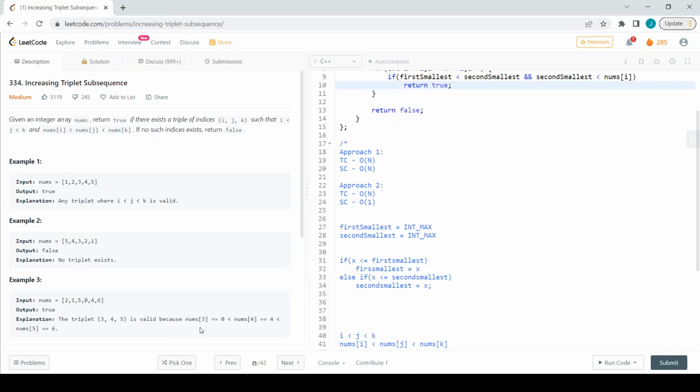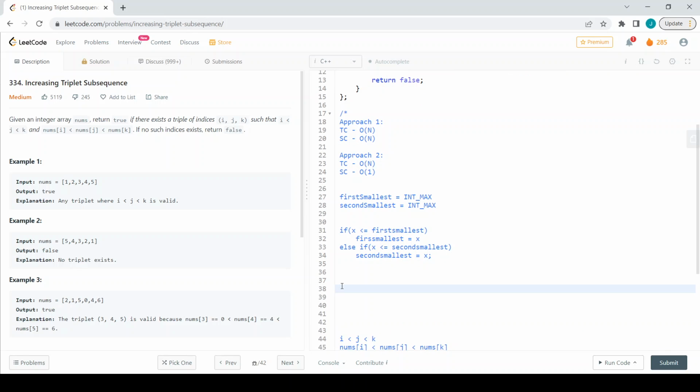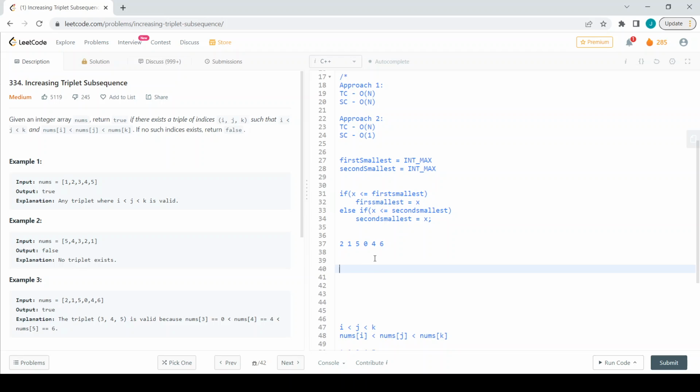So let us try to trace this approach in example 3 so that it will be clear. The example 3 test case is 2, 1, 5, 0, 4 and 6. Consider this is the array, and initially my first is int max, and my second is also int max. And what does this mean? If my